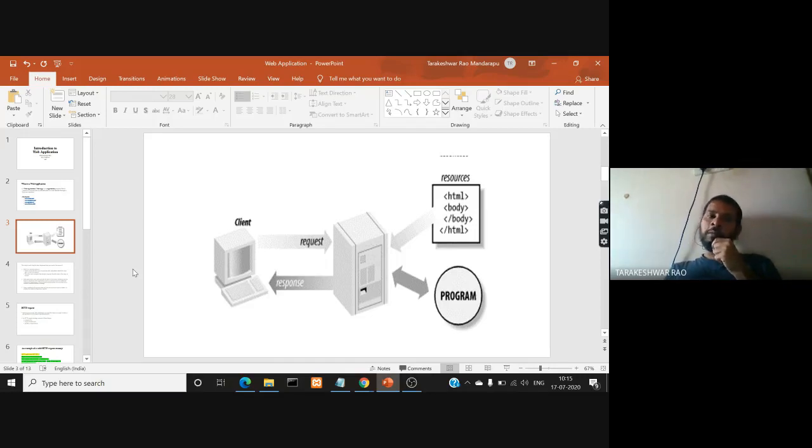You need to get the appointment initially from his personal secretary. Then you will get a timing, an appointment time, and all these things. Then at that time, you need to go to that person's office, and you can meet there only during that time. So this is a set of rules that we follow to communicate with a person.